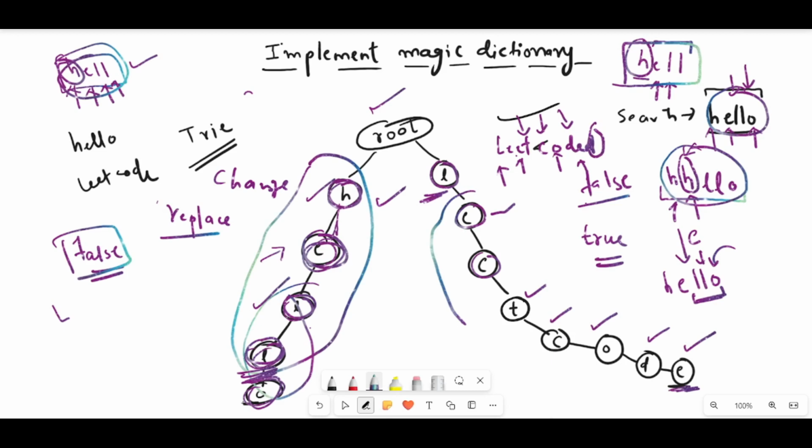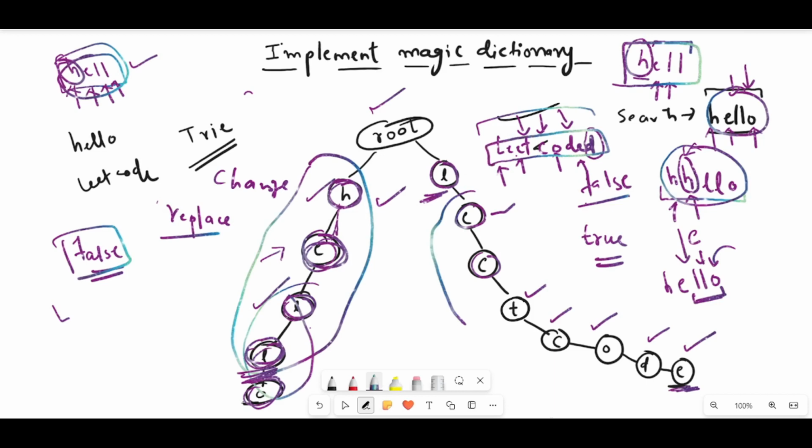If we had any child, not necessarily D, for this character E, then I would have found this word. I would have returned true for this word because I have already found Leetcode. All I need is one more character which is not D. So if I had a child for this node E which is not D, then in that case I would have returned true. But here I will return false because I can't add a character. I can just replace a character. So that means this Leetcode